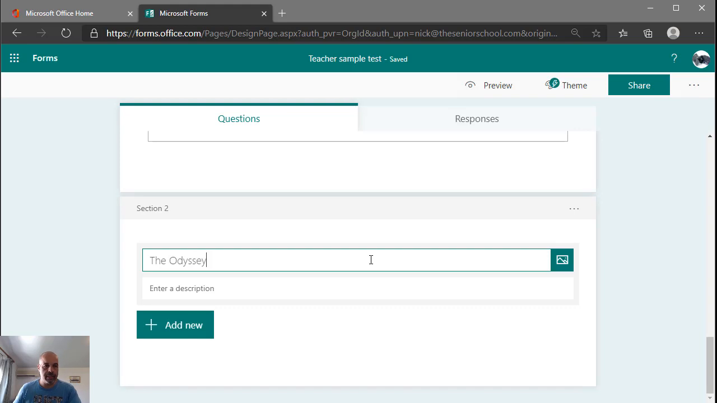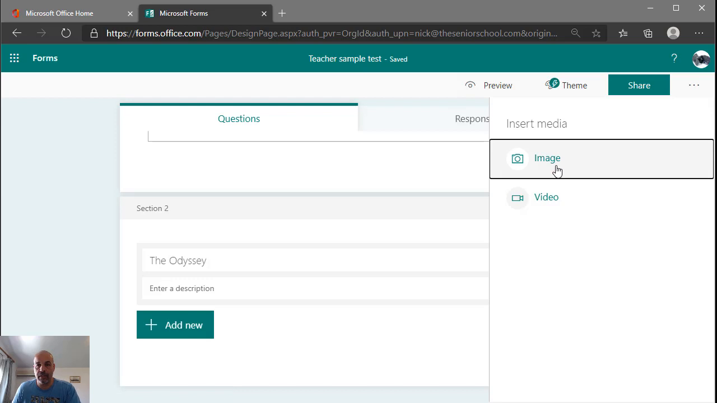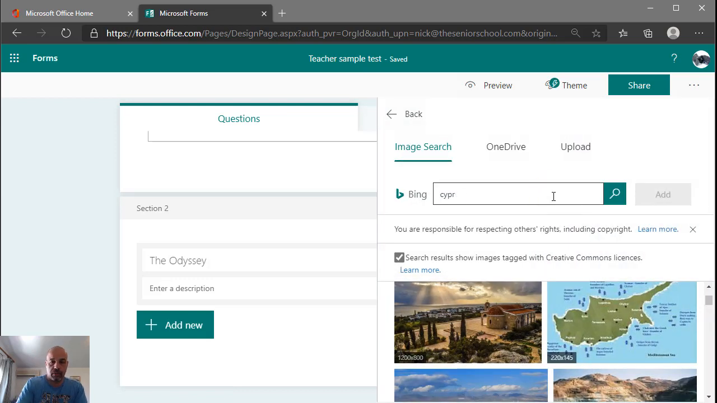Greek department would like this, and you could write a small description about what this section is going to be about. It's going to be about the Odyssey, what they're going to do, like a little preface about the next section. And then you could also add an image if you want, so they can see what it's about. So if I just go to here and type,